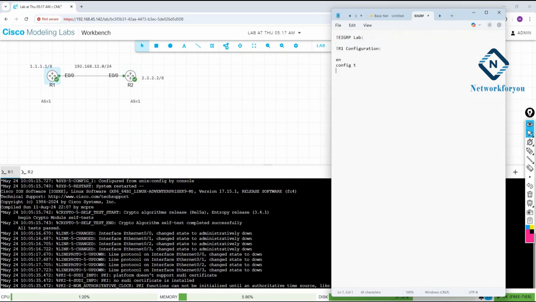I will write here R1 configuration. Enable, config t, hostname, same thing what we do. Just assign the IP on interface E0/0. IP address 192.168.12.1, give space 255.255.255.0. We will write no shut and then interface loopback 0. I will give here IP address 1.1.1.1, give space 255.0.0.0, and here we need to write router EIGRP